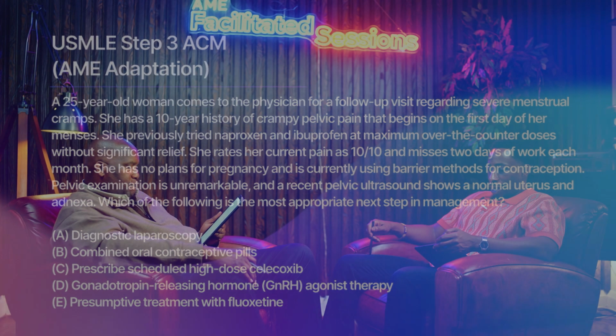Celecoxib, I believe, is a COX inhibitor as well, because I know there's COX-1 and COX-2. I'm not necessarily sure which one this is, but that's a proxy for what the NSAIDs are doing, right? Yeah, NSAIDs have already been tried, and it's not working. Because in essence, the NSAIDs